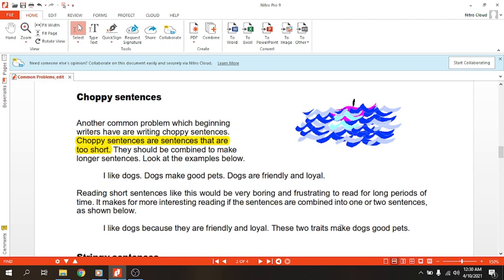you think in your native language. Kamu berpikir dalam bahasa Indonesia. Again, you will write a sentence in English, so you have to think like an English speaker. Yeah. So that's the second problem, choppy sentences.